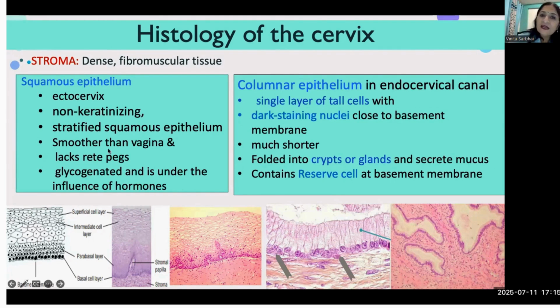Coming to the columnar epithelium, this is the lining of the endocervical canal. So this is a single layered tall columnar cells with a basal nucleus, and these are much shorter than the stratified squamous epithelium. They also get folded into the infoldings of those columnar glands, and they form gland or crypts which secrete mucus. They have a reserve cell in the basement membrane